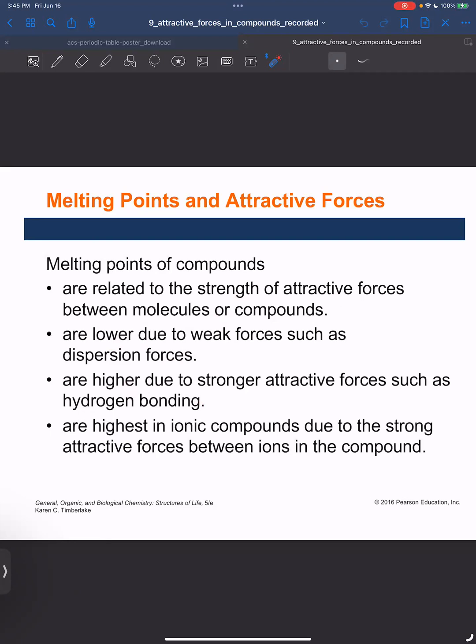And then if we're talking about ionic compounds, which is even stronger than hydrogen bonding, those are very strong attractive forces between ions. Those compounds have the highest melting point. So the trend we see here,